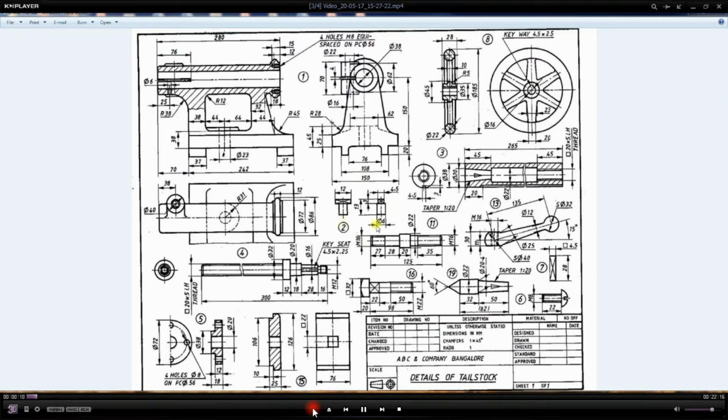In the last session, we completed part number 1. In this session, we'll do part number 2, 3, 4, 5, 6, 7. Coming to part number 2, the diameter is 6 mm, height is 10 mm. On the 6 mm diameter cylinder, you can observe at the top position a 4.5 mm rectangle with a height of 3 mm, and the depth or distance of the rectangular prism is 12 mm.